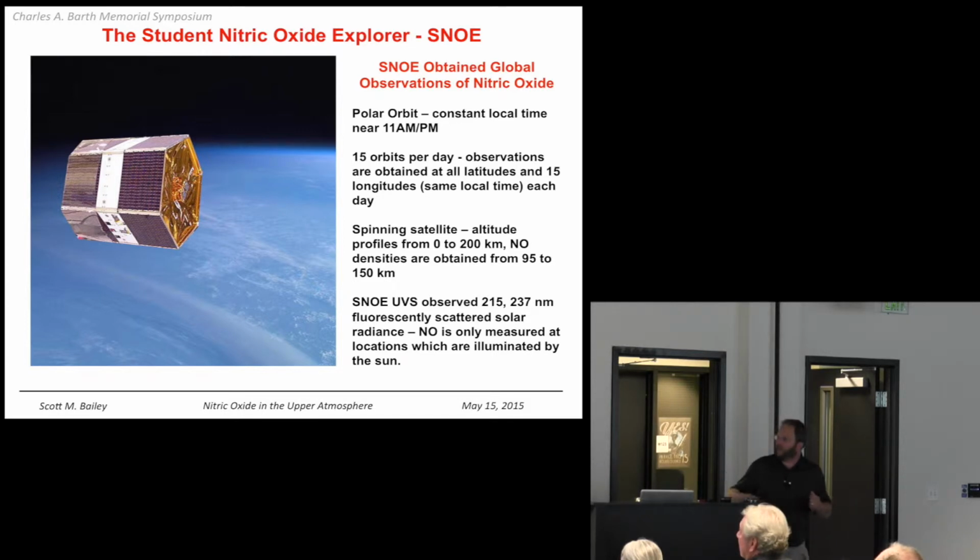Pictured here is the SNOWY satellite. It's a very unique mission. Spent 7 years, a little less than that, in space. Had a measurement, maybe fairly simple by today's standards, but it measured altitude profiles of nitric oxide. It's very much like an experiment on SME. In fact, it used some of the SME hardware we put on it.